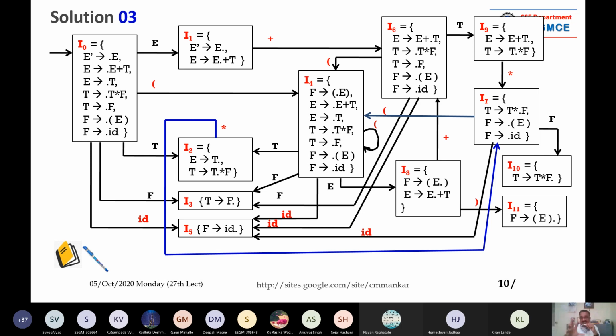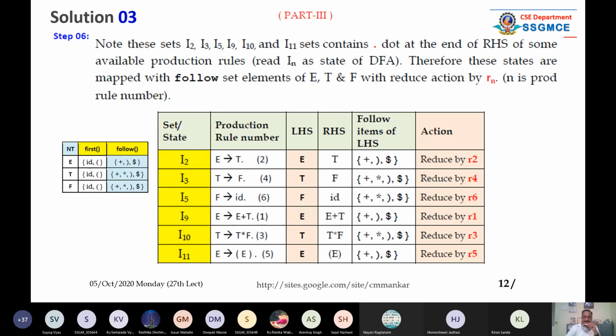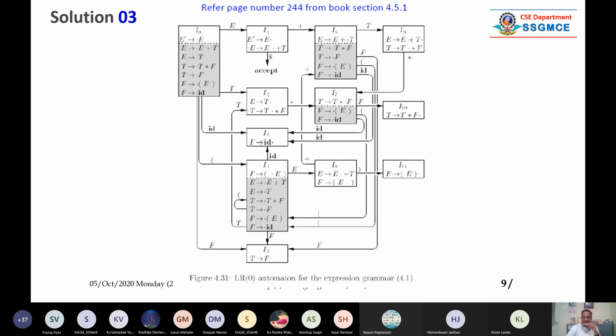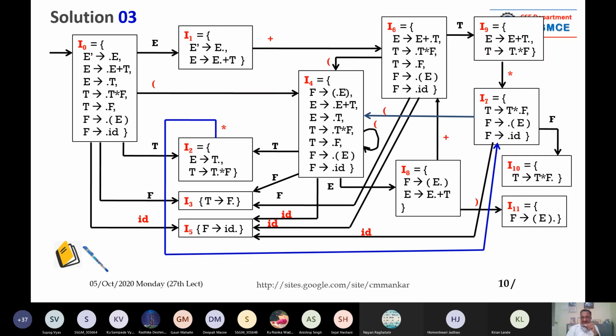So in this way, you can draw the diagram. See, the previous diagram was complicated. But if you think in terms of this, there is no need to compute manually on paper all the closures and gotos and like that. You can directly generate them.